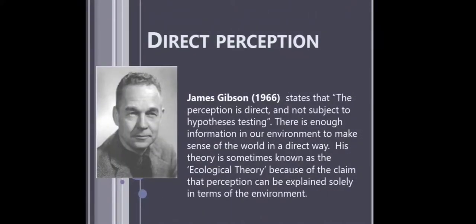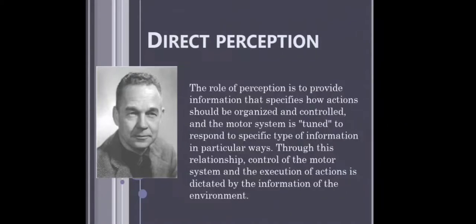So James Gibson, 1966, states that perception is direct and not subject to hypothesis testing. There is enough information in our environment to make sense of the world in a direct way. His theory is sometimes known as ecological theory because of the claim that perception can be explained solely in terms of the environment. The role of perception is to provide information that specifies how actions should be organized and